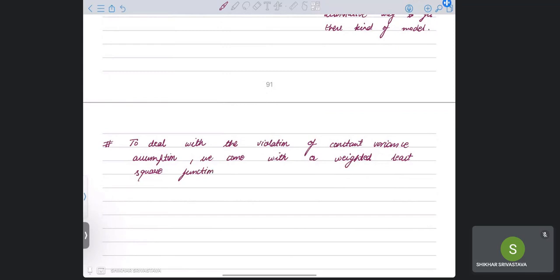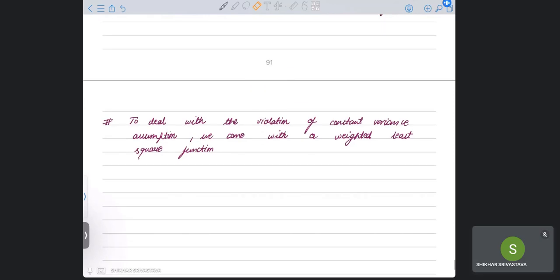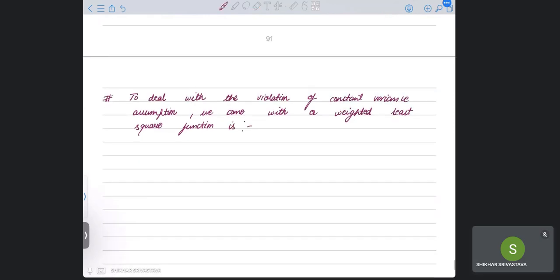In order to apply this weighted least square method, we need to find a function called the weighted least square function, and that function is given by